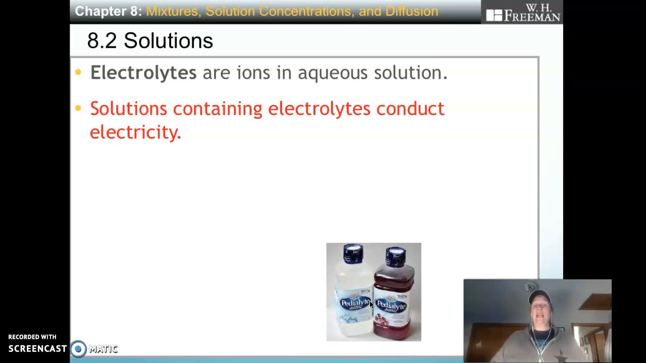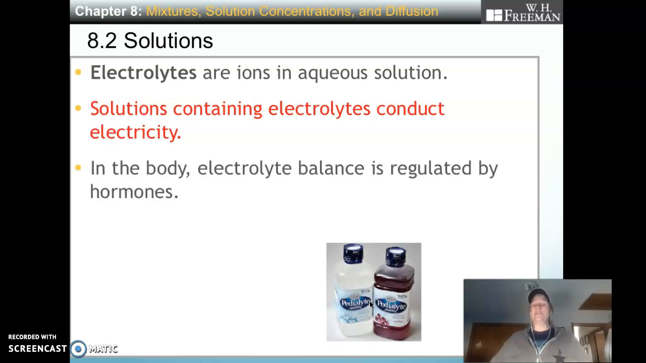So when you get dehydrated, it's not just water that you need. You need to replace your electrolytes. You need to replace your ions. And that's what sports drinks do. Gatorade, Powerade, all those guys. What they do is, besides just water, they give you these electrolytes. And your electrolytes are actually